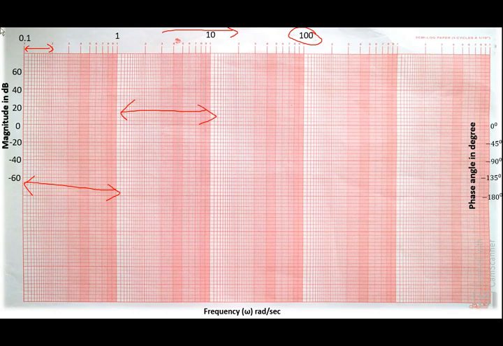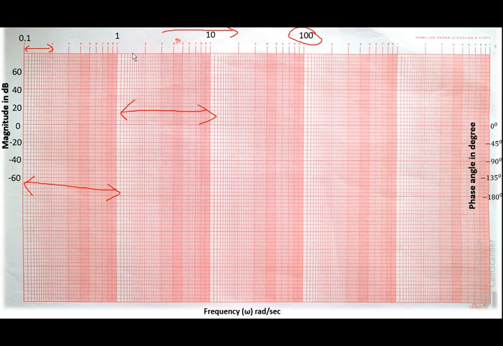But in the y-axis, you can use a linear scale, that is, the distance between each division is equal. So this is linear. That's why it is called a semi-log sheet, because semi means half. Log is the logarithmic scale. So only the x-axis is non-linear and logarithmic, and the y-axis is a linear scale. That's why it is called a semi-log sheet.